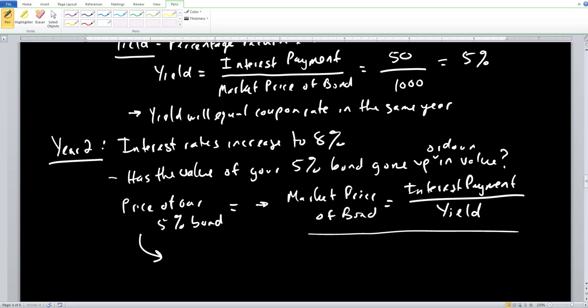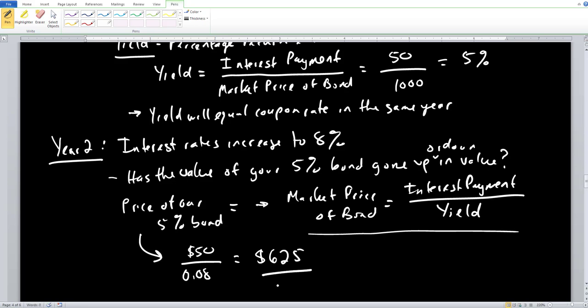What is the interest payment on our 5% bond? It's equal to $50. That doesn't change. But what's the yield on all new bonds? All new bonds are issued at 8% interest rates, at the 8% coupon rate. So therefore, the yield also has to equal 8%. And you want to go ahead and turn this yield into decimal form. Don't take it as a whole number. So here in decimal form, 0.08. This will give us 50 divided by 0.08. So the price of our 5% bond is equal to